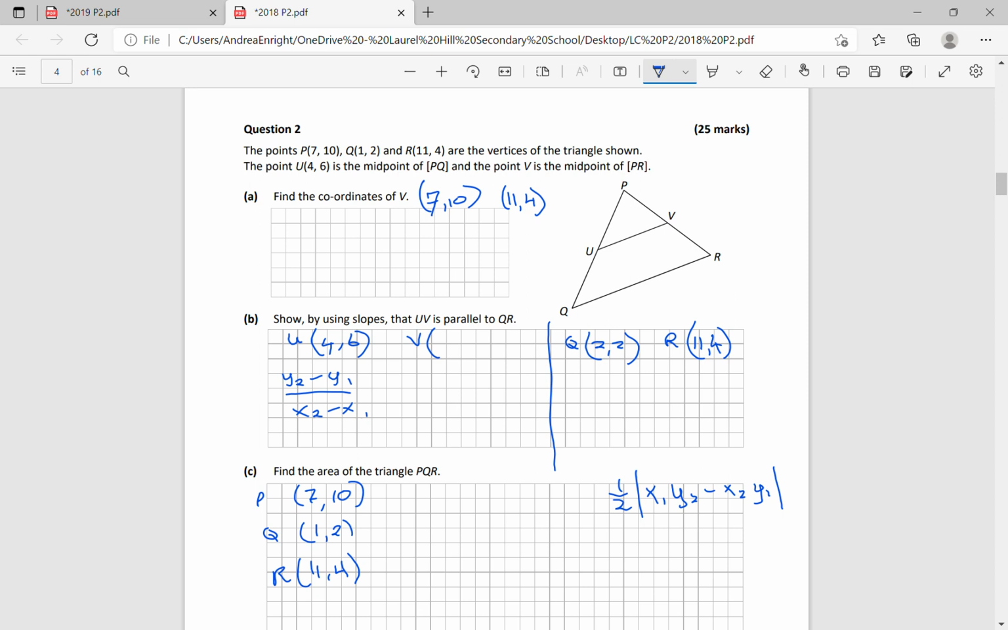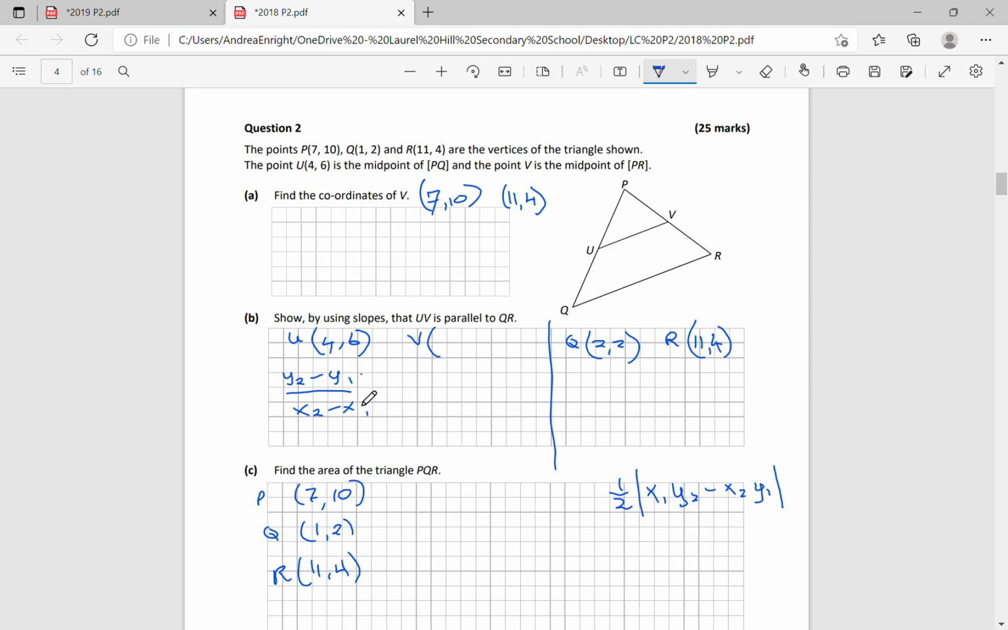Okay, this is 2018 paper 2 question 2. Again they give me P, Q and R, 3 points. The point U is the midpoint and point V is the midpoint of P, R. So you're looking for this point here. So it's the midpoint of P and R. So you use P and R and the midpoint formula